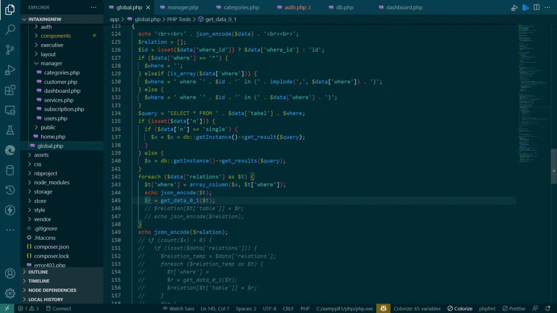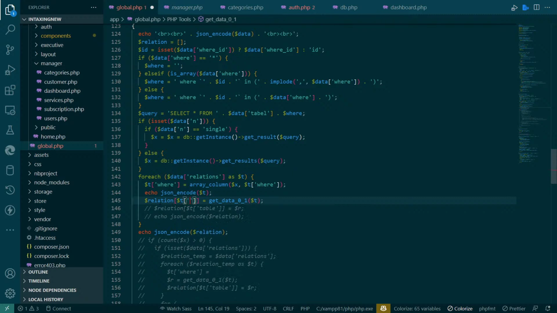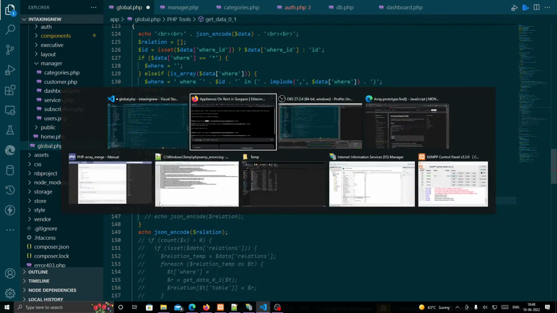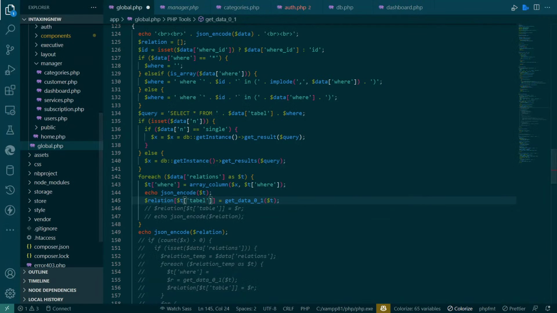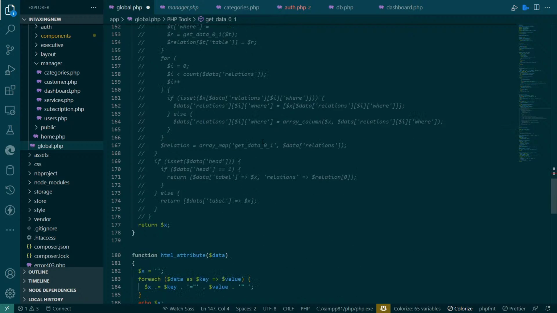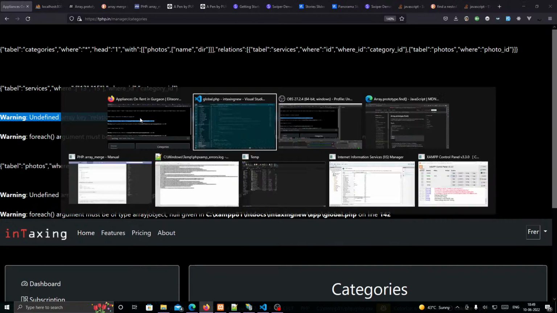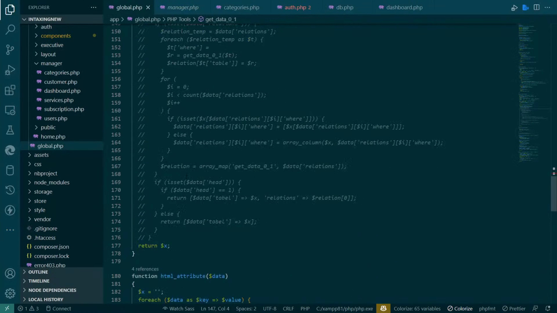So maybe we should use relations, and under that we should use, what is the table name? T, T again. I should use the correct spelling of table first, then we can do anything else. Where is it echoing everything? Okay, so first of all,